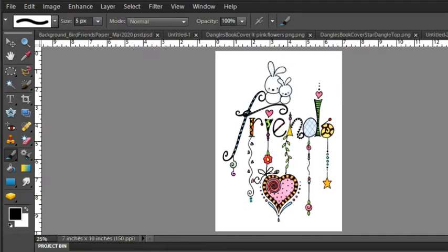Okay, now on this, like I was saying, if you put any dangles, I would have them defy gravity. I would have them do something a little more creative. Like, say, if it were a flower, I might go up here and put a dangle here. Something like that. Only pretty. Okay, anyway, so you get the idea